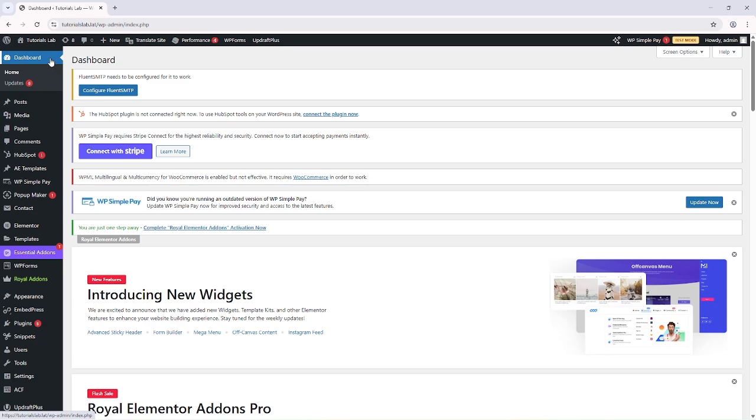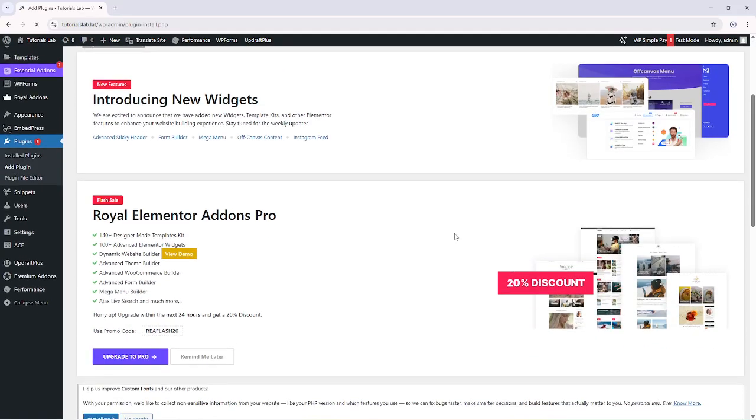Once you're in the dashboard, look at the left-hand sidebar where you'll find all your main WordPress menus. Navigate to Plugins and hover over it. A submenu will appear with several options. From this submenu, select Add Plugin. This will take you to the plugin installation page where you can search through thousands of available plugins to enhance